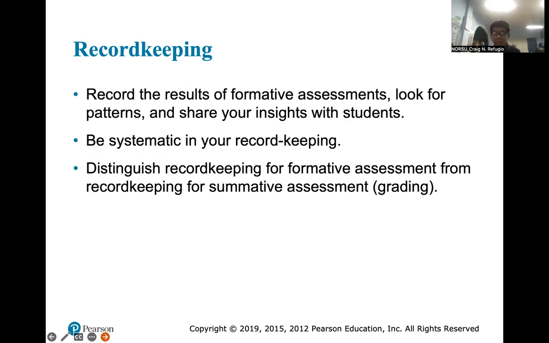So I know and I assume that you know how to record different data. Now we have Microsoft Excel. Before we have the class record, but now we use Microsoft Excel. Our class record is actually through the use of Microsoft Excel. Distinguish record keeping for formative assessment from record keeping for summative assessment, and even in the diagnostic assessment, you're going to